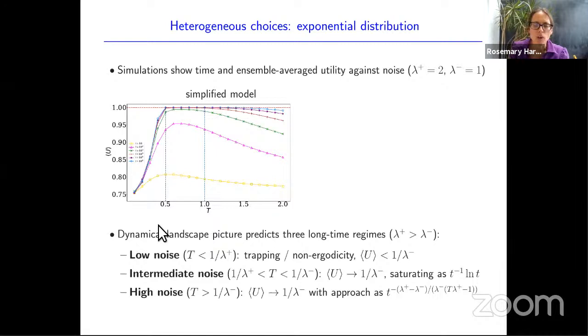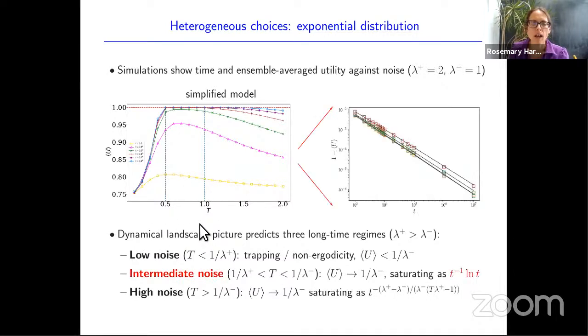You no longer have fixed points, but you have a kind of dynamical landscape picture, which predicts 3 different regimes. A low noise regime, where you still have this trapping. An intermediate noise regime between these 2 dashed lines, where as time goes to infinity, you eventually saturate, you eventually escape the bad trap and end up in the good trap. And you can predict that the way you saturate is as 1 over time with a log correction, and check